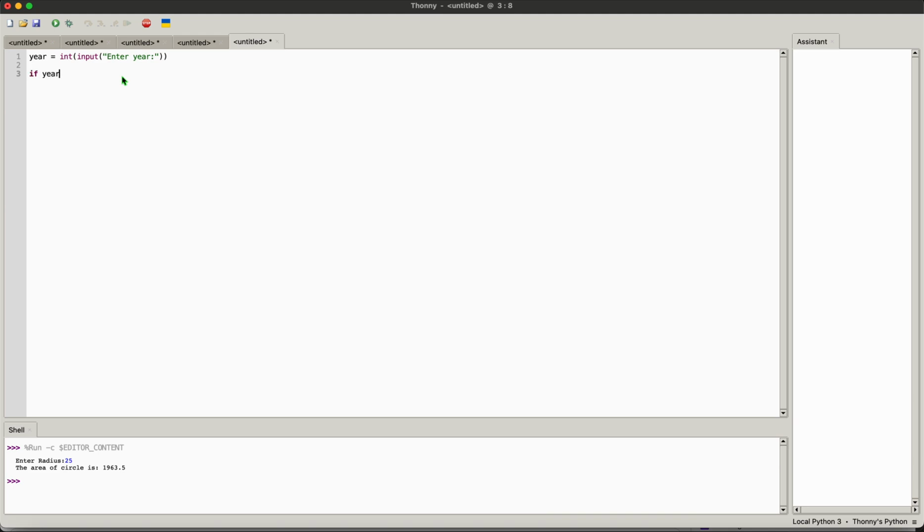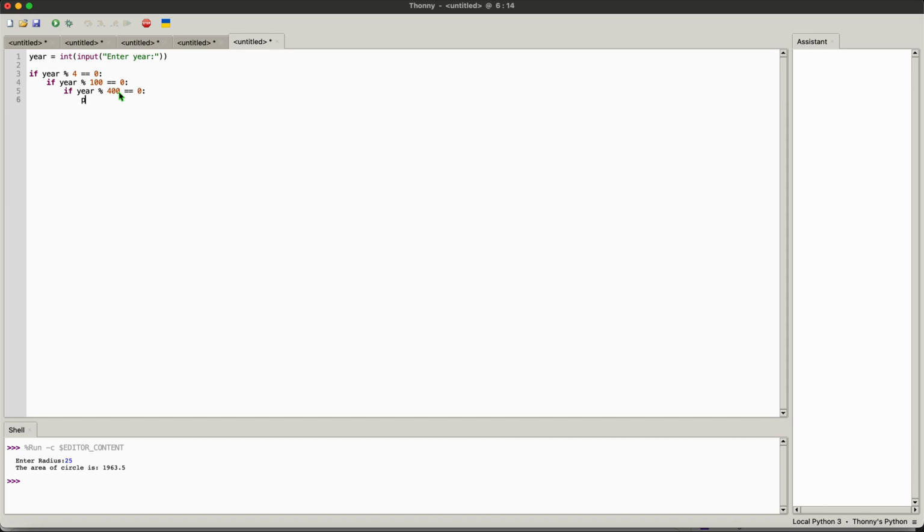Okay, and then we would like to create an if statement. If the year is divisible by 4 without remainder, so write 0 colon, and then we write if it is also divided by 100 year equals 0 colon, and also then we write if year is divisible by 400 equals 0 colon,